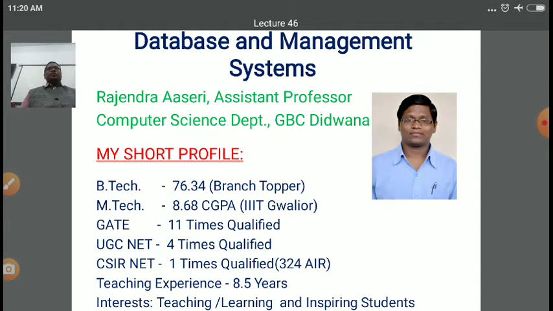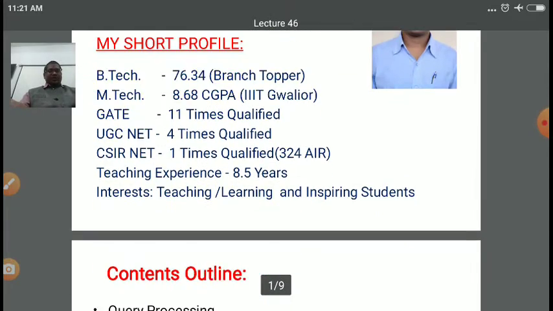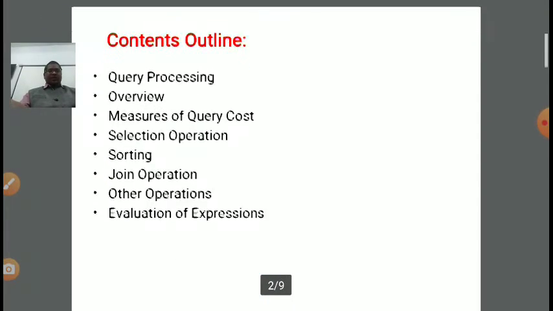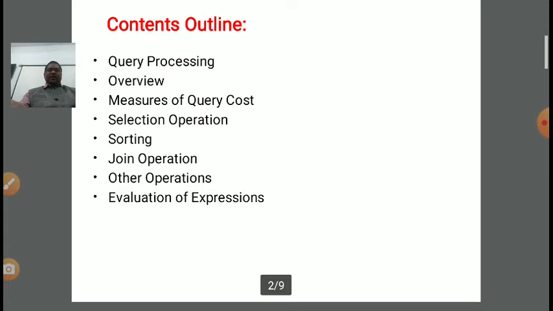It will do some calculation of the query cost based on various disk accesses like seek time, transfer time, block read and block write time. These are the parameters based on which we can calculate the query cost, right? So now, continuing this topic, up to this point we have covered query processing and query cost measurement.